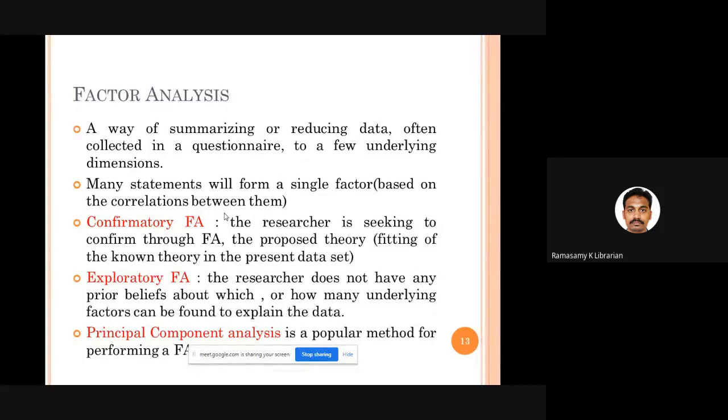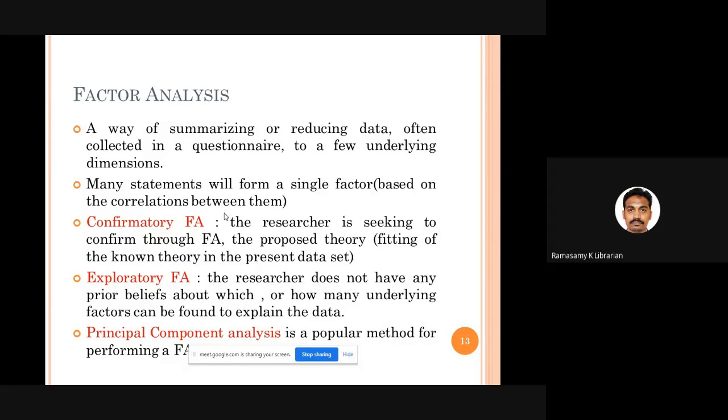Now you know that there are 7 pillars. So now you collect data from some 200, 300 students. In the factor analysis, you are confirming whether the data you have collected also results in the same 7 categories or not. That is called confirmatory factor analysis.